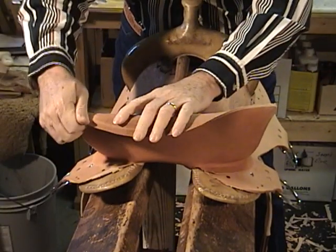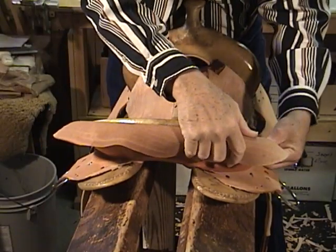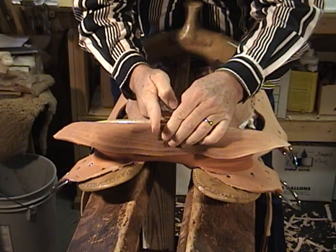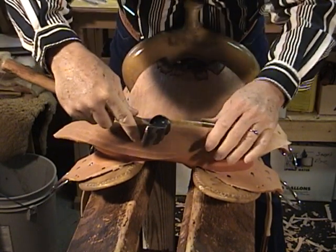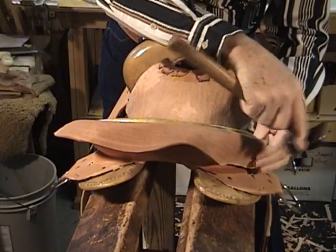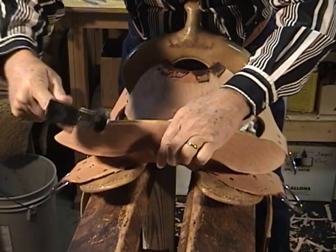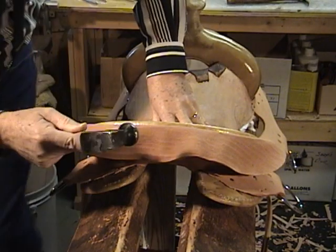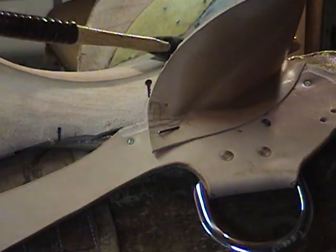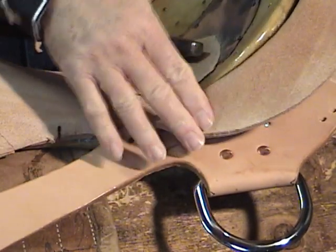Now I'm going to turn this back. Now I like to make that fold just even with the top of the candle. I'm going to go all the way around like that. Okay, I got it beat all the way around,